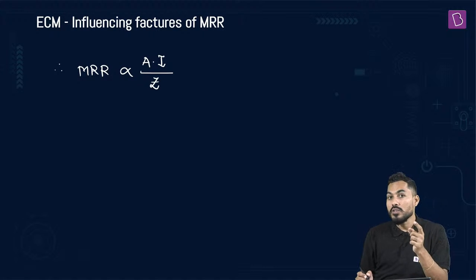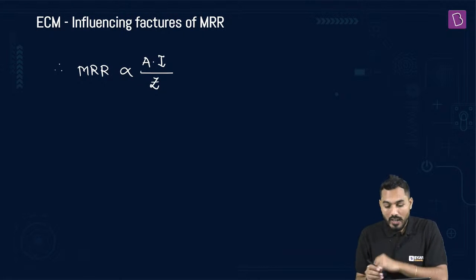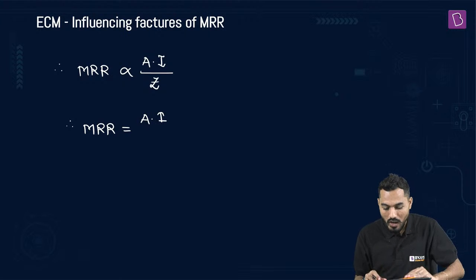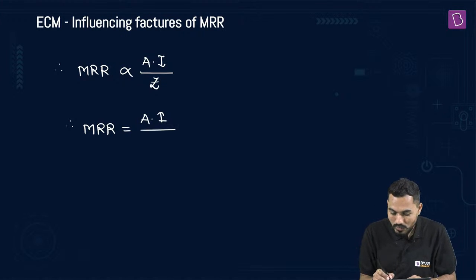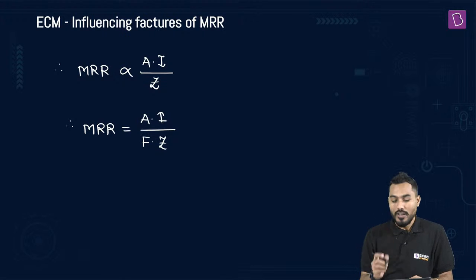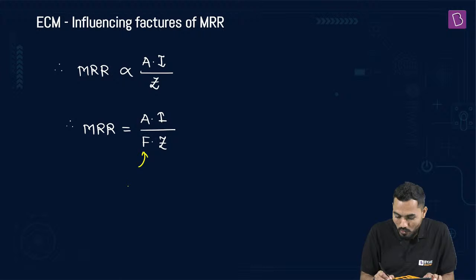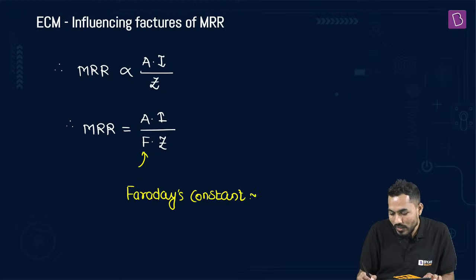Now convert that proportionality into equality by bringing one constant. Material removal rate will now be exactly equal to A into I divided by Z, multiplied by a constant, which everybody knows is called F. F stands for Faraday's constant, F-A-R-A-D-A-Y. Is it true? Yes. And the value of Faraday's constant is